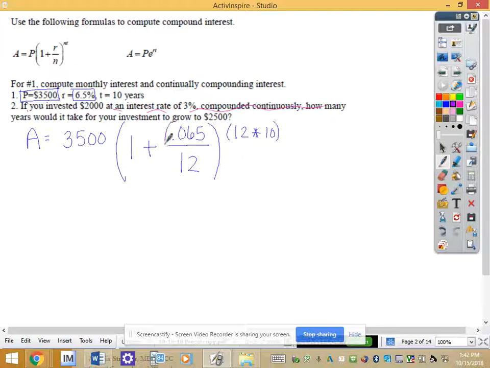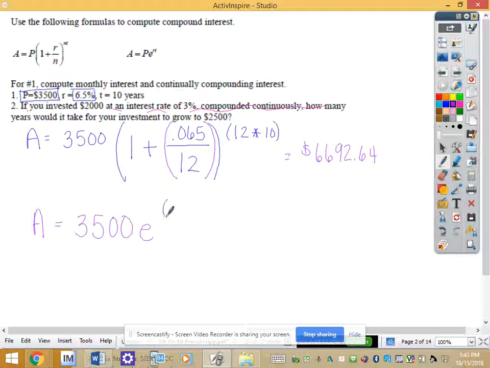So for this parentheses, I need an extra set there, and I need to remember to put parentheses around my exponent. Otherwise, you may end up with multiplication before you wish for it to multiply. When I put that in the graphing calculator, I should get $6,692.64. If I put that in the continuously compounding formula, I'm going to have A is equal to 3,500